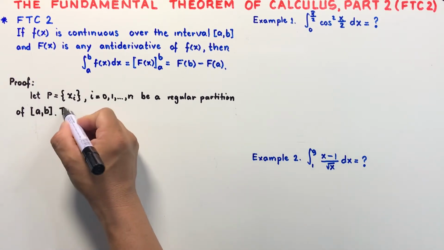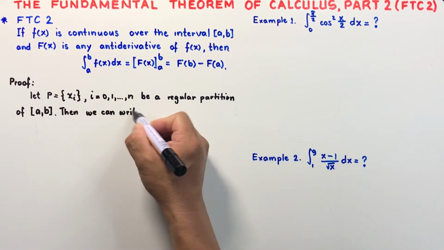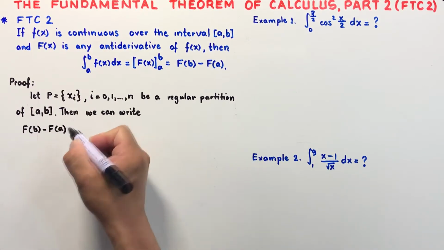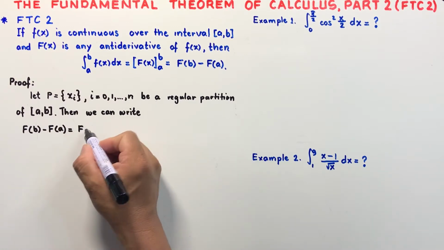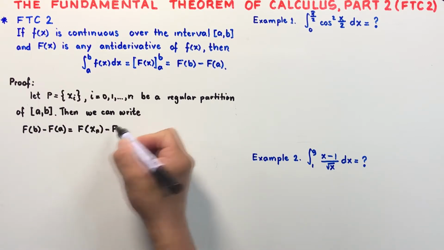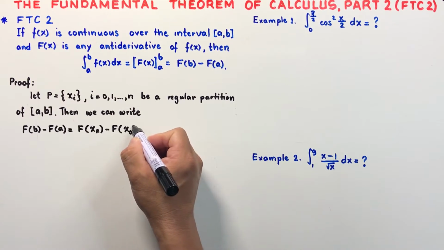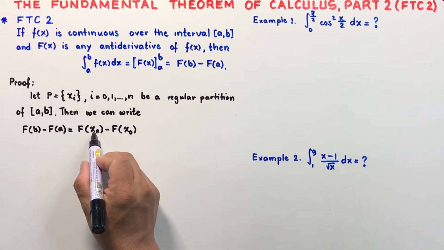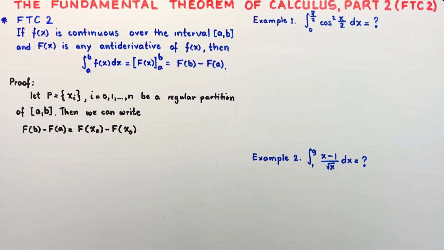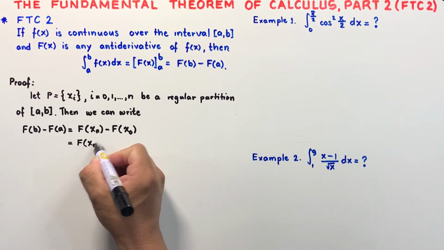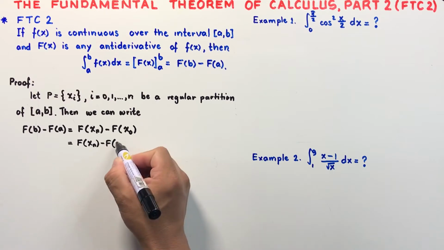Then we can write our big F of b minus big F of a as big F of x sub n, the last element of our P, minus the big F of x sub 0, which is the first element in our P. But since our interval from x sub 0 to x sub n is being partitioned regularly, we can write this one as the big F of x sub n minus the big F of our x